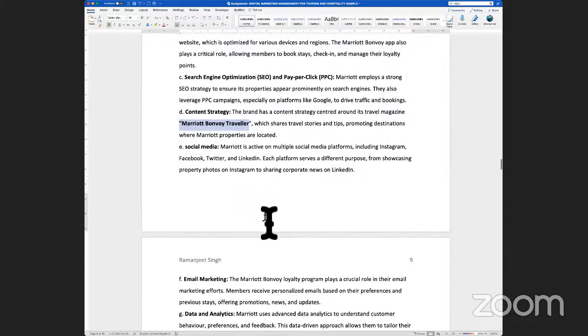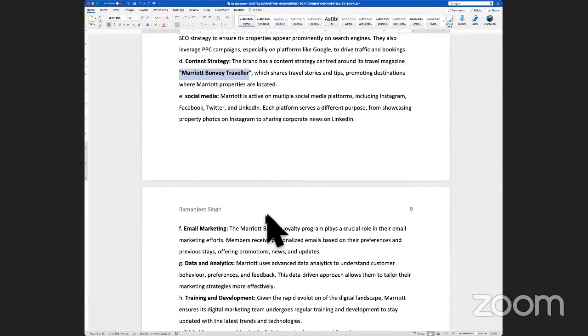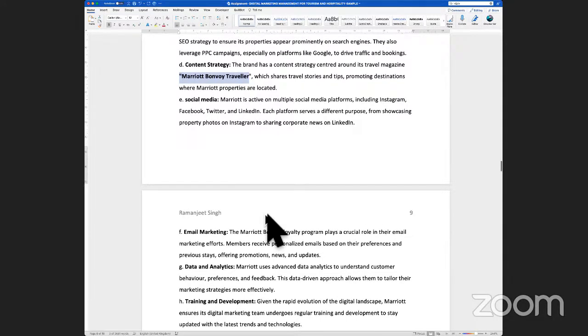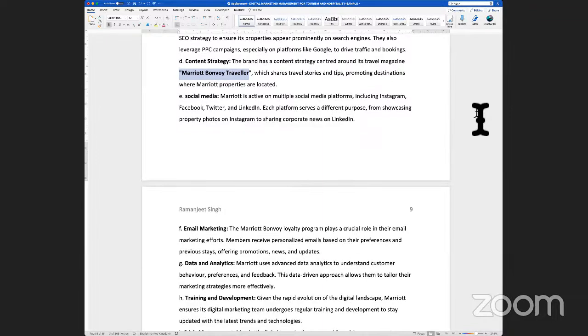Then they also are present on social media. They have an email marketing campaign in place, which is used in the form of newsletters and promotional offers which are sent. And then they have data analytics on the site. If you visit any Marriott hotel site, make sure that you're signed into your Google profile, and you look at a couple of hotels and browse a couple of rooms, then a couple of hours down the line, there's an automated email which will come to you saying that you were browsing on our site, would you be interested in booking the hotel? These are the offers available.